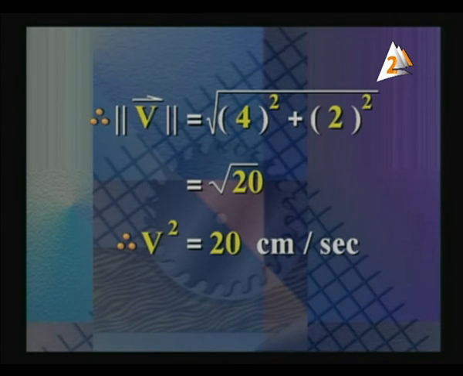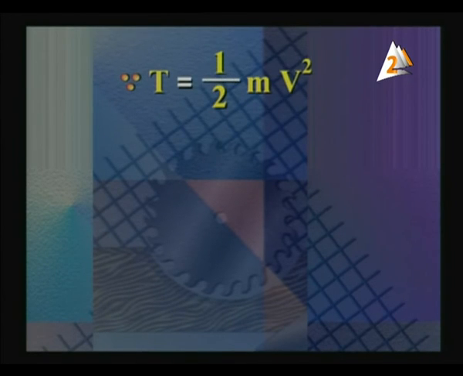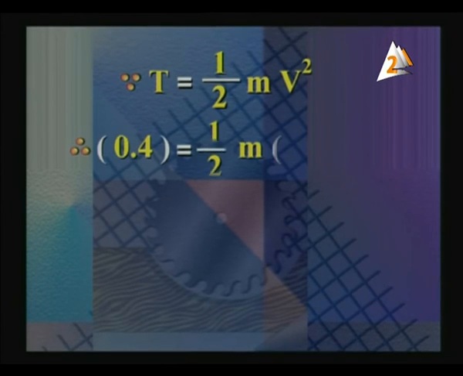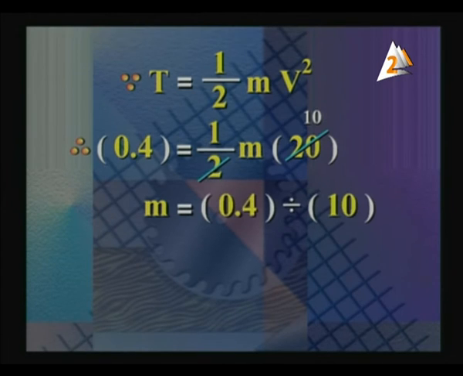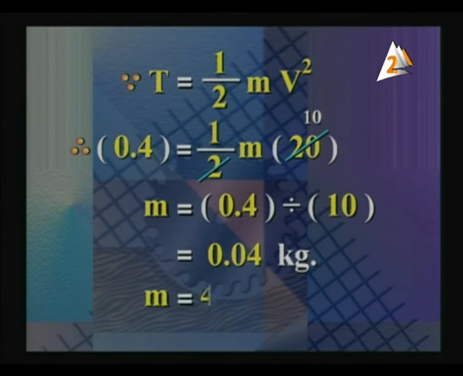Now, v square equal 20, and since kinetic energy T equal half mv square, so 0.4 equal half m times 20, and we get that the value of m equal 0.4 divided by 10, or equal 0.04 kilogram, or the mass equal m equal 40 gram only. Another one,